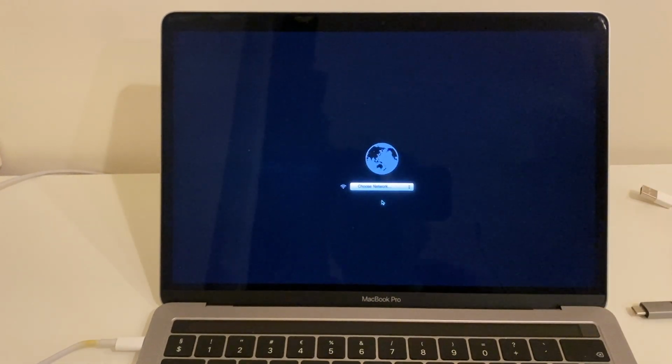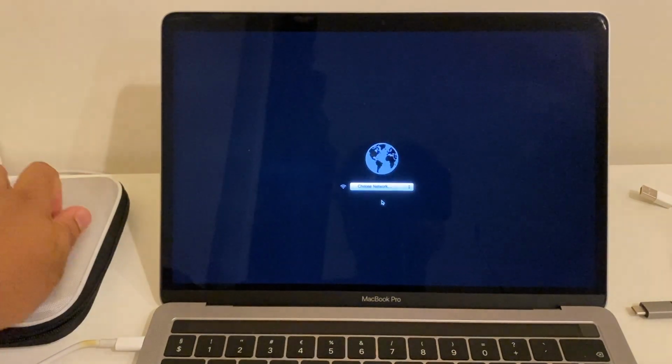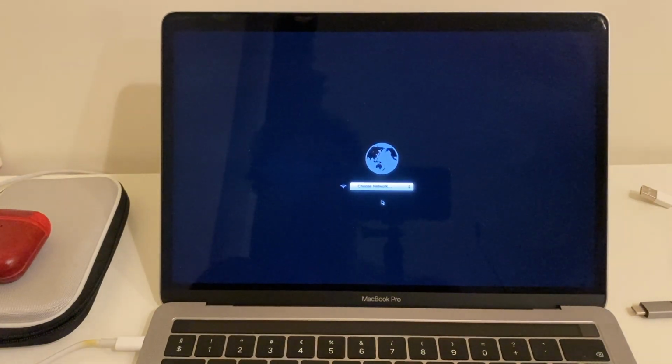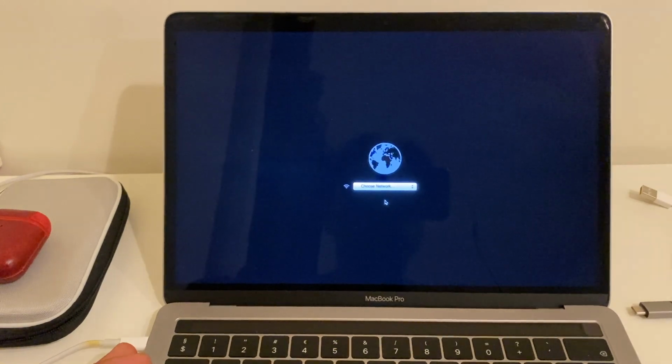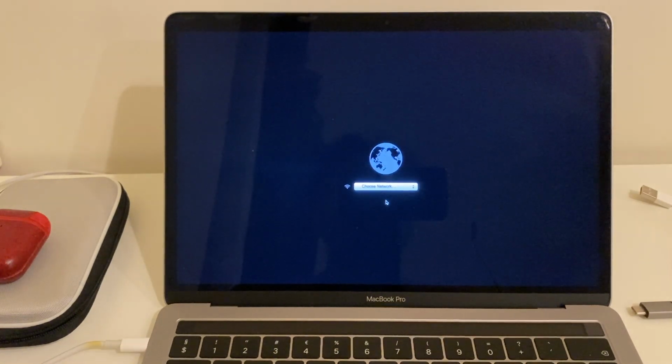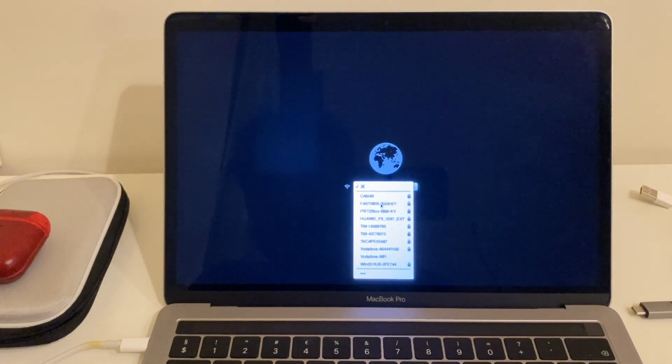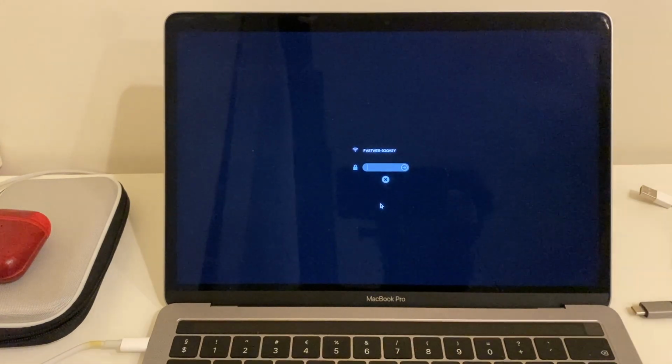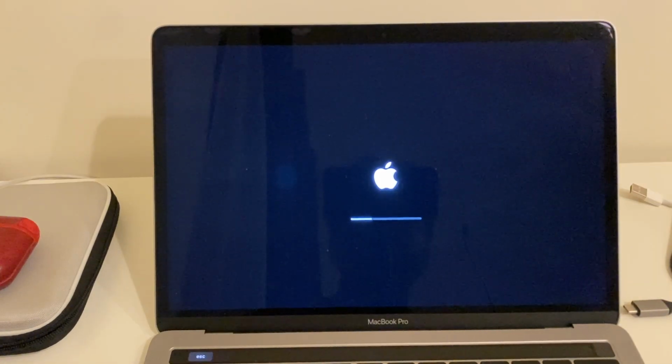So I already restarted the operating system here. Now you need to connect to Wi-Fi or the internet first of all, because the operating system installation by default needs Wi-Fi or internet access. You can also install using a bootable pen drive, but the best option is to connect to the internet. So first of all I select my Wi-Fi here. Here is my Wi-Fi, I add the password. If your internet speed is quite good, installation goes fast. Otherwise you can make a bootable pen drive and then install the operating system.